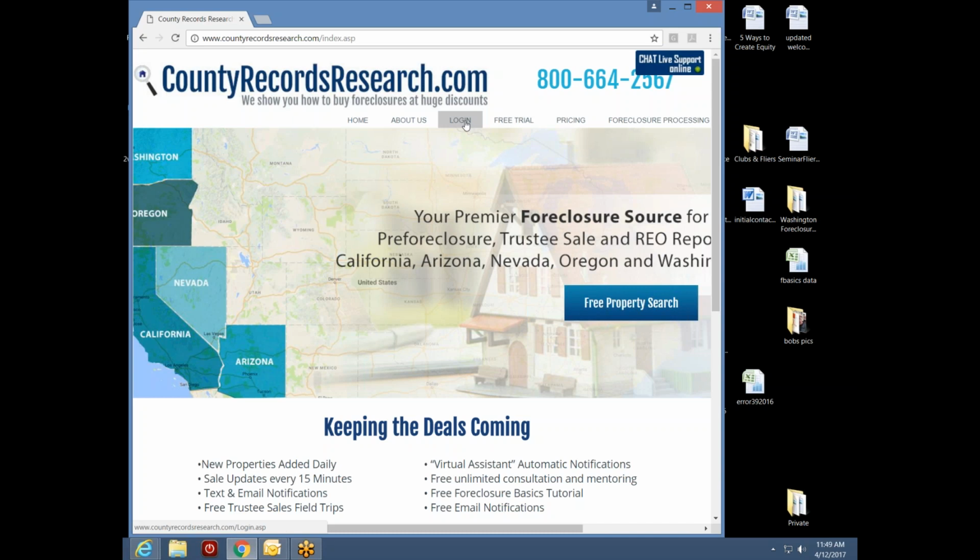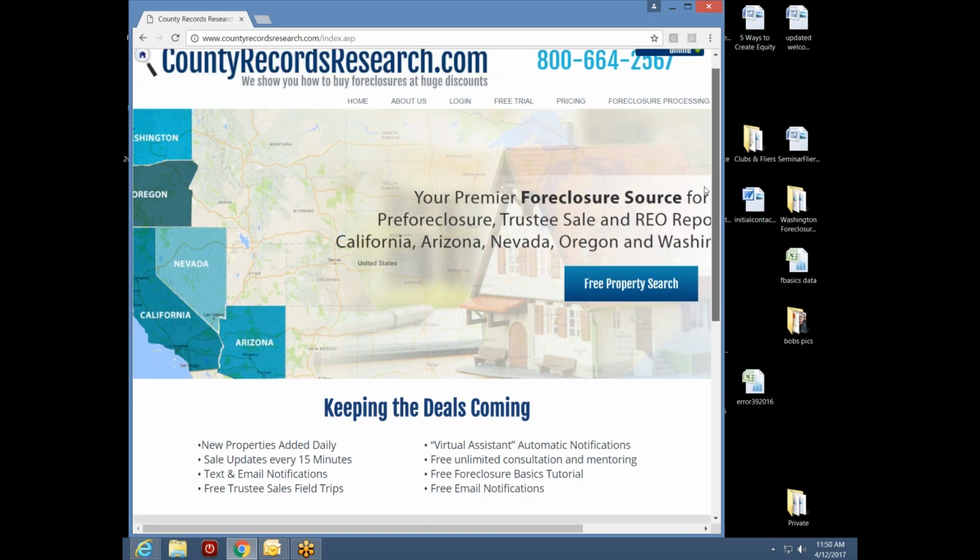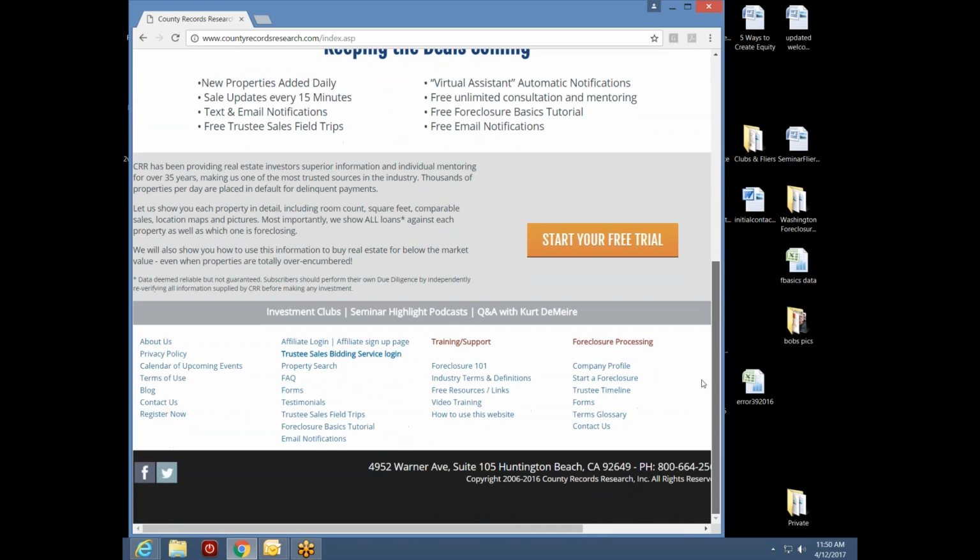Now, to the left of that is our login option. I'm going to show you that in a little bit, but I want to show you more information that's available to you as a subscriber to the service. So I'm going to scroll down the page. And notice that at the bottom of the page we have a number of phrases that encompass different resources that we provide for our clients to use the data and learn more about it.